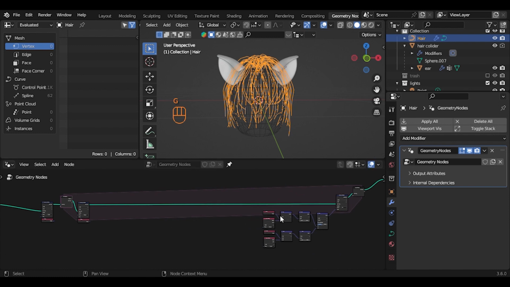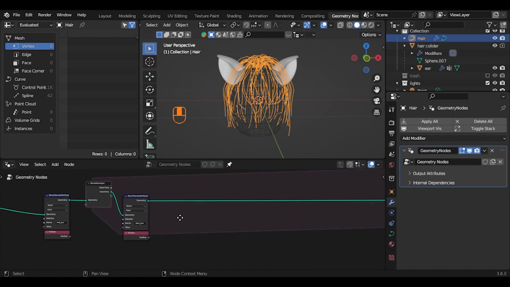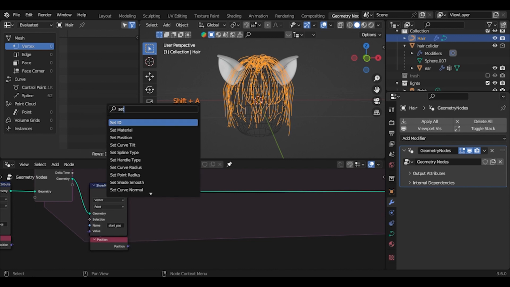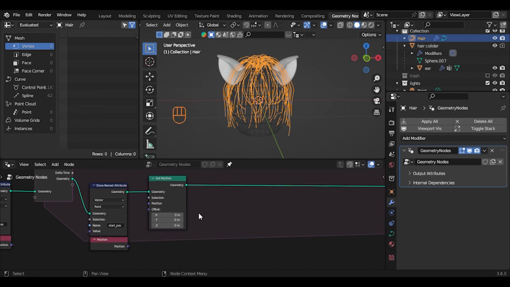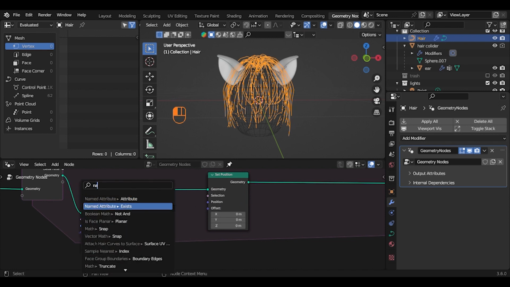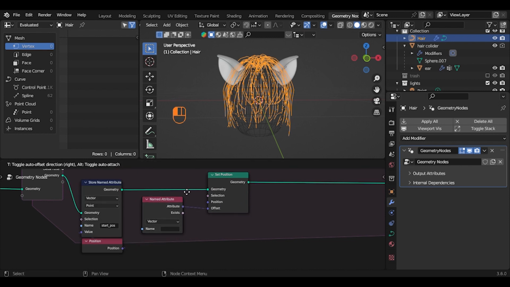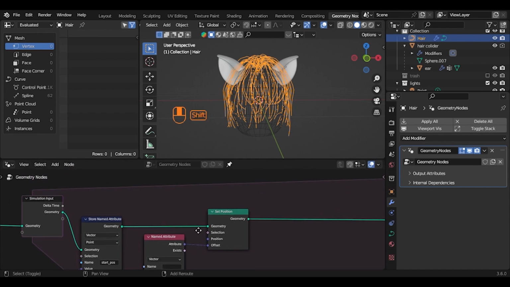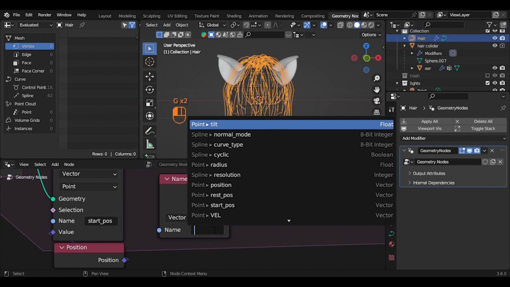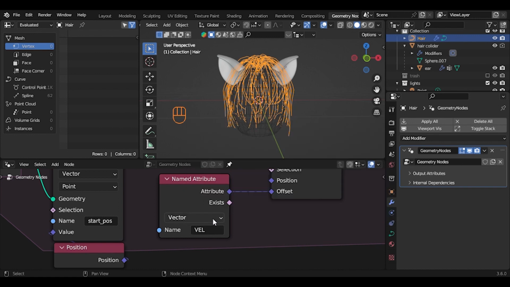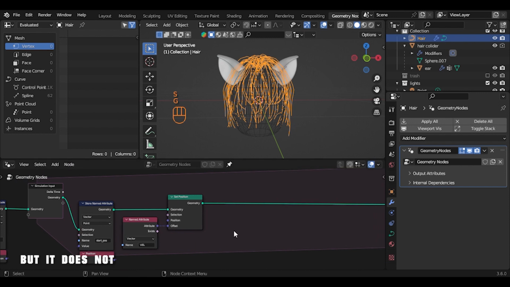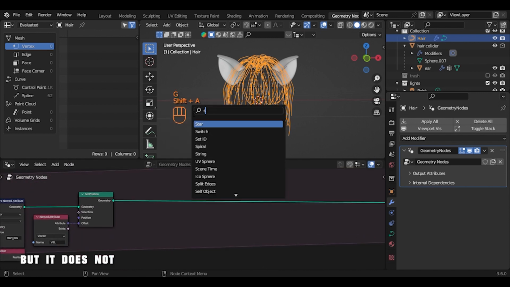Now let's move this over here. Let's add a set position. So we will offset it by the velocity. So right now our velocity that we worked hard for, it's not affecting anything. So let's make it do something. So now it should work. If I add another set position